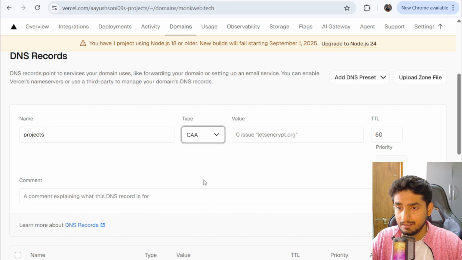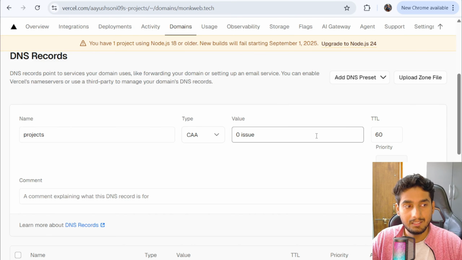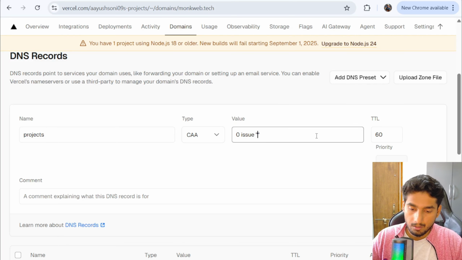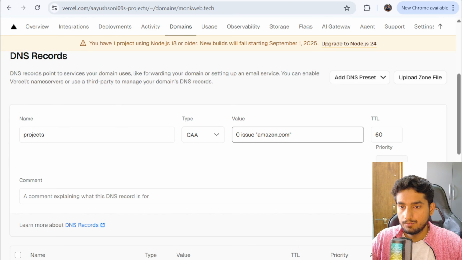And it will be a CAA record, and the placeholder is this, so we have to write this only: 0 issue, and here we have to just write amazon.com, so 0 issue. And it will be of course a little bit different for Azure and GCP, so you can just search through your relatable thing. Okay, so 0 issue, and we can just write amazon.com. Now if we hit add,